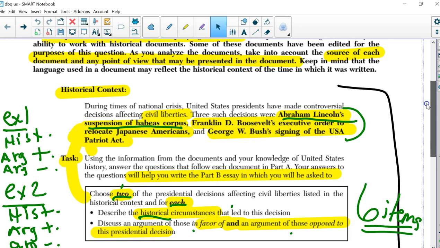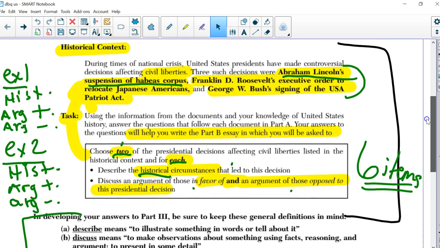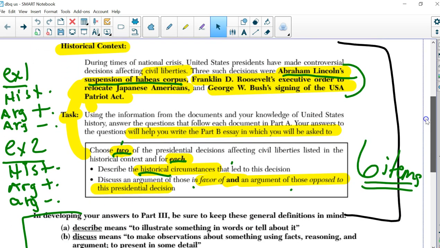Historical context. During times of national crisis, United States presidents have made controversial decisions affecting civil liberties. 3 such decisions were Abraham Lincoln's suspension of habeas corpus, Franklin D. Roosevelt's executive order to relocate Japanese Americans. We've already done those 2. And the third one is George W. Bush's signing of the U.S. Patriot Act. So your task, to remind you, is